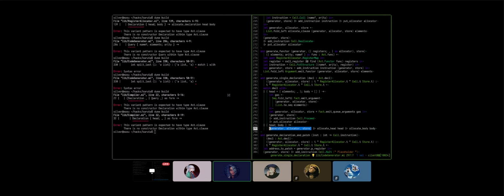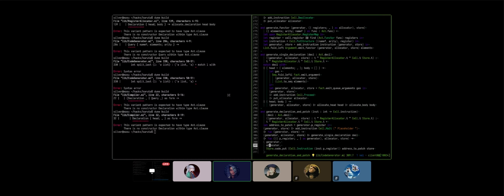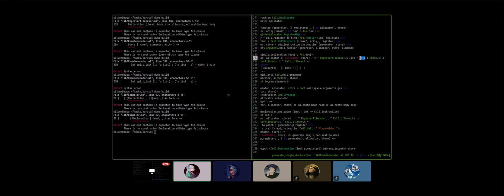Man, that's gonna suck so hard because look at what we're gonna have to do. We're gonna have to change the type signature of allocate head and allocate body. No, no, no, we won't. Look, hear me out. If we say allocators, which is actually an allocator list, right? Sure. We're going to say, yeah, this should be a compiler error, so this is fine. Oh, this is actually allocators, yes.